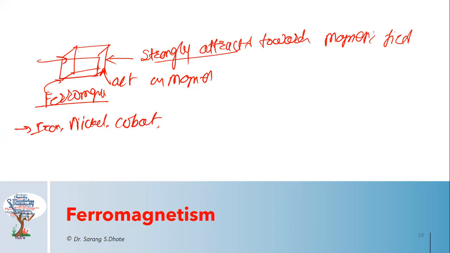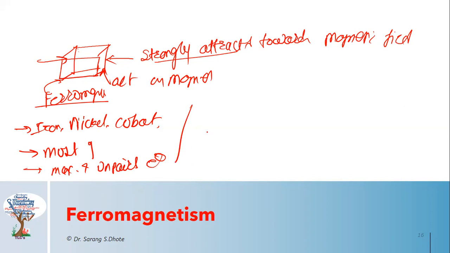Now, what are the properties of ferromagnetism? Ferromagnetic substances are more strongly attracted than paramagnetic ones. A substance placed in the magnetic field allows most of the magnetic lines to pass through it. Compared to paramagnetism, here most of the lines pass through the substance rather than the vacuum. The ferromagnetic substance aligns parallel to the magnetic field, and this is due to the maximum number of unpaired electrons. The magnetic susceptibility of a ferromagnetic substance has a positive value.